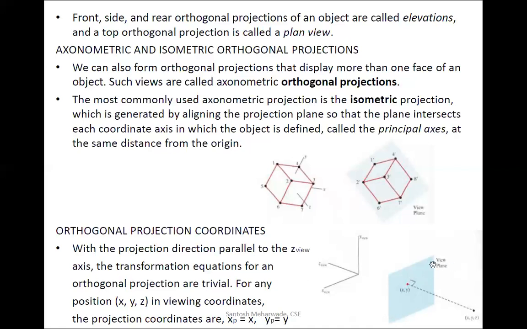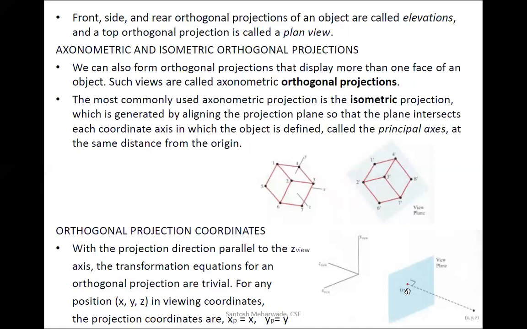The view plane is a plane on which we can view the image of the object, with the projection direction parallel to the Z view. See, this is the Z view. In this Z view direction axis, the transformation equations for an orthogonal projection are trivial. For any position x, y, z in the viewing coordinates, the projection coordinates are xp, yp.